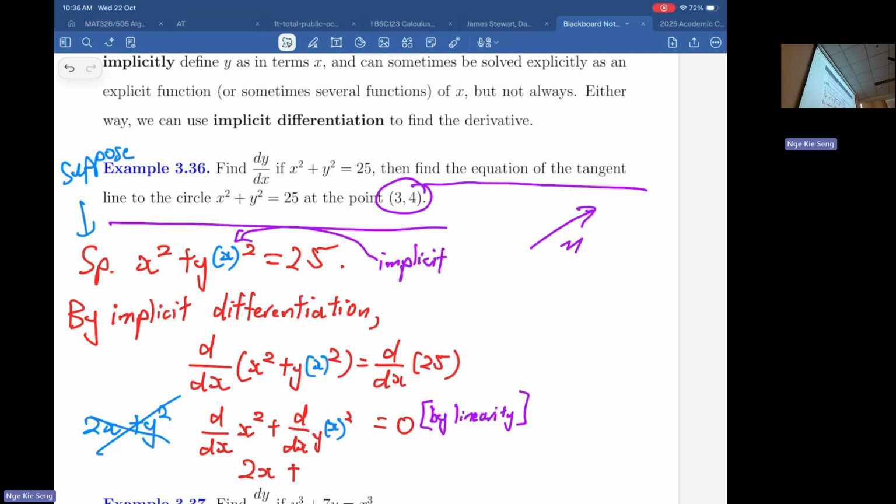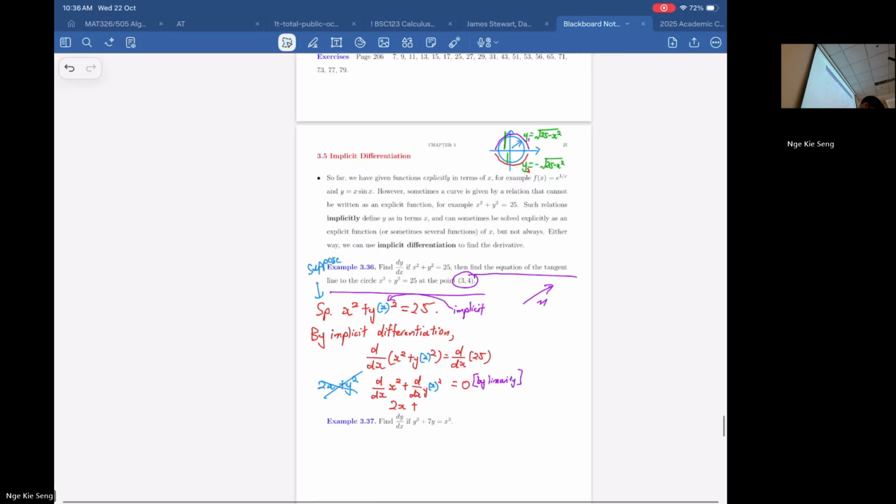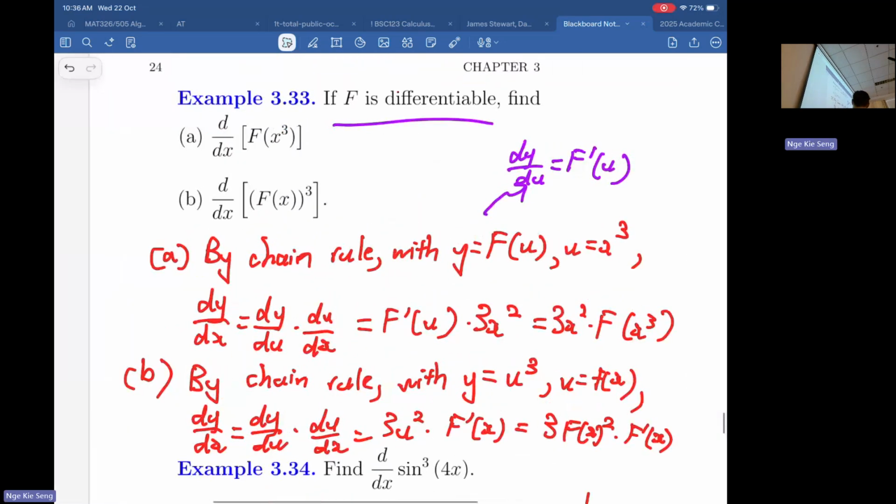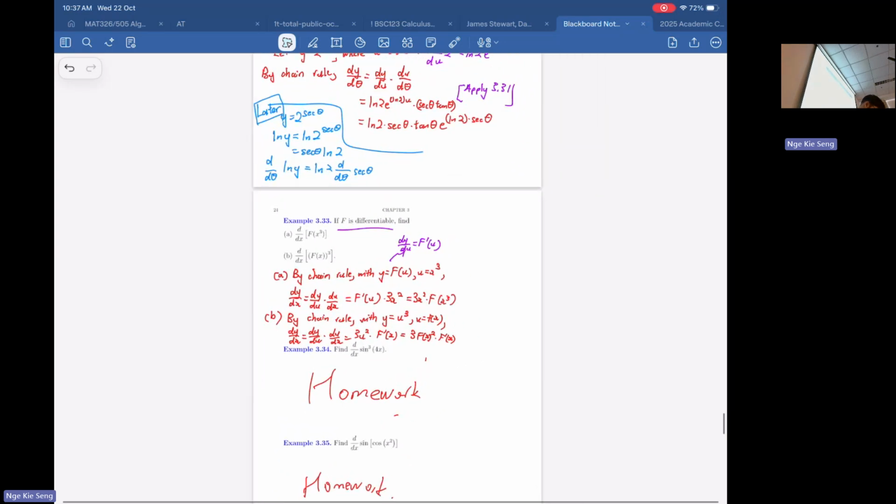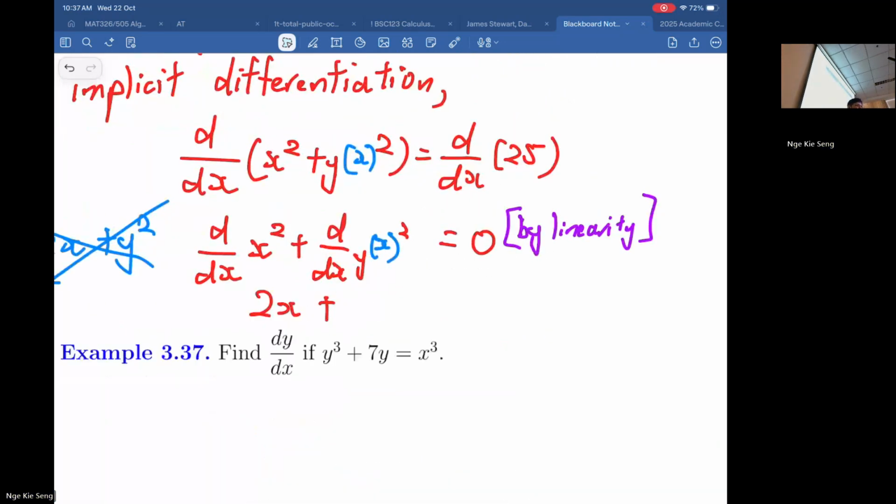What did we use just now to differentiate this? We use the chain rule. So we should apply the chain rule here. If I apply the chain rule here, what do I get? You quickly compute. Remember just now? This form, d over dx of some function to the power. So if you use the chain rule here, what do we get? Maybe let's quickly compute at the side here.